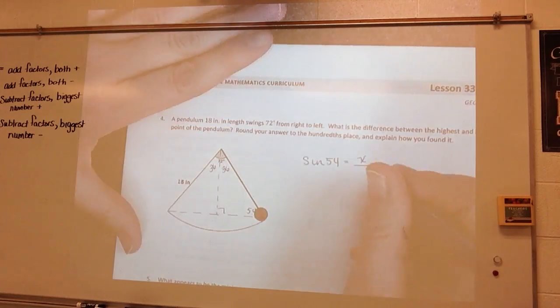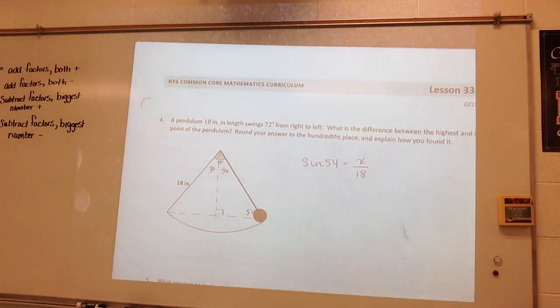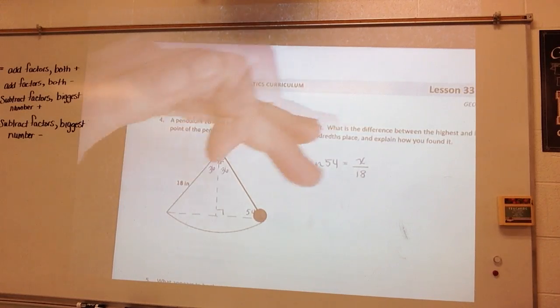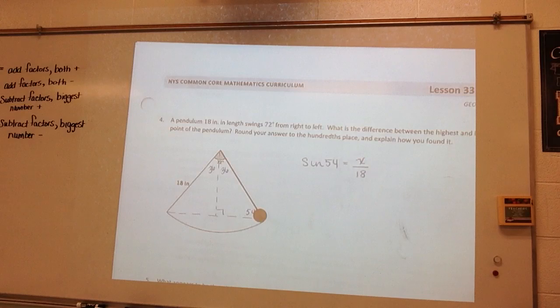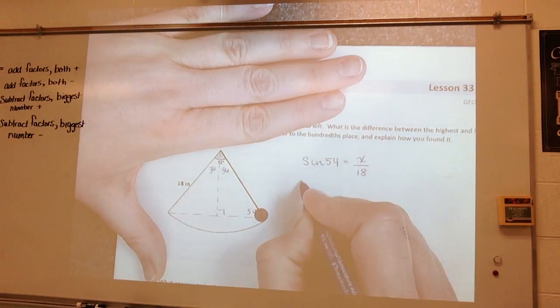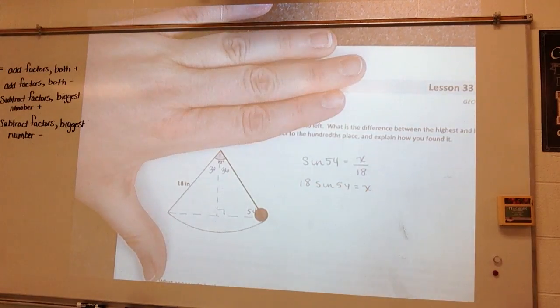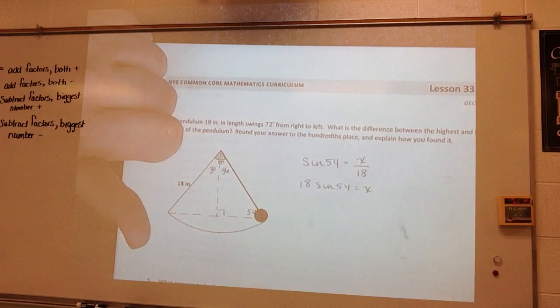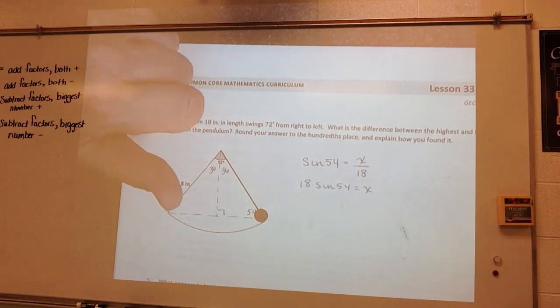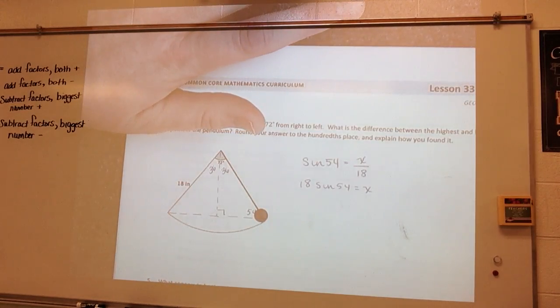I forgot our 18, sorry. Alright, so the sine of 54 is equal to x over 18. Alright, so multiply, 18 sine of 54 is equal to x. When I do that, I get x is approximately